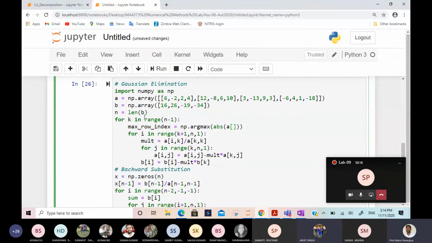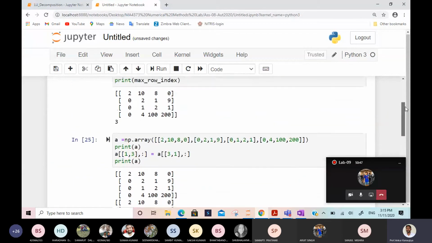So tell me, just tell. K colon N. Yeah, so if it's for column number K, that means K colon N, it will go up to the last row, comma K in the column number. And outside will be plus K. Like if it is 2, then 2 to N. N means the last row. Here N is the length of the total 4. So is that clear? Like I have shown here.